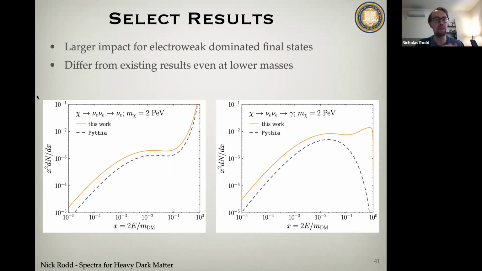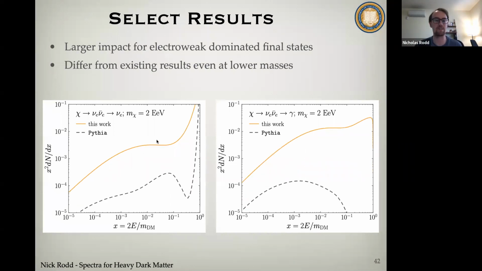So Pythia is keeping up, but eventually, if I go to high enough masses, Pythia just can't produce a large enough electroweak shower. It's these triple gauge couplings that allow that shower to develop. If I go up another 3 orders of magnitude in mass, Pythia has just fallen way behind what we had, and it no longer predicts anywhere near as much information as is in our result. And this is what I showed you at the outset.